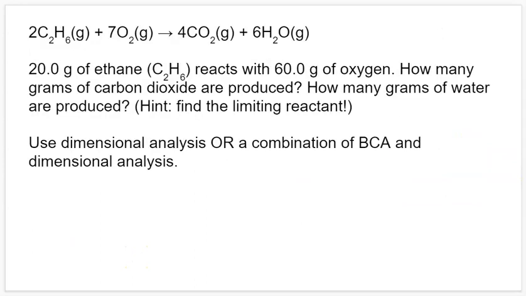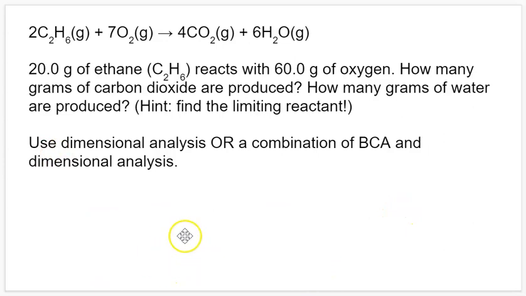All right, so in the last example, we did a scenario where we had excess of one reactant. However, if we have specific amounts of both reactants, we need to really consider which one's going to be limiting and which one's going to be excess. So we're gonna do another example of that, and we're gonna do it also with a combination of dimensional analysis